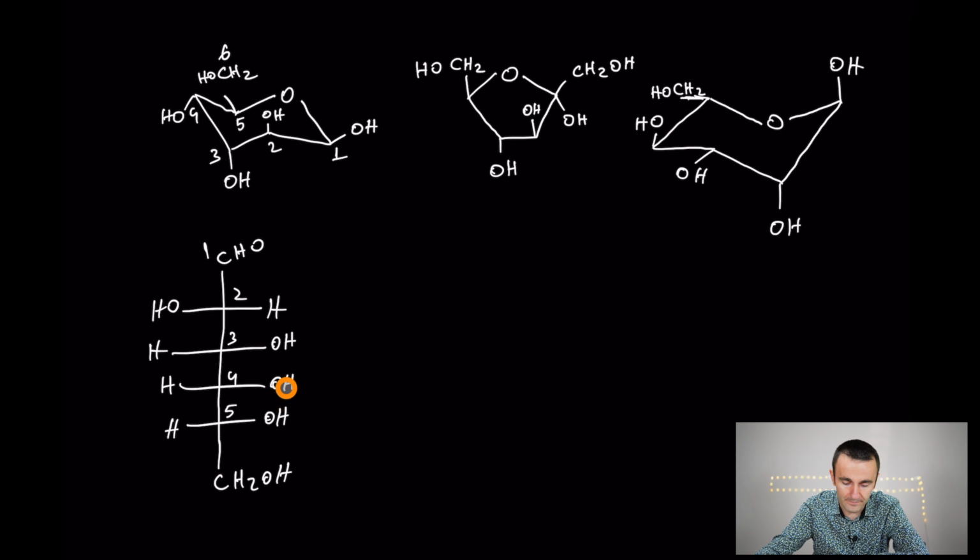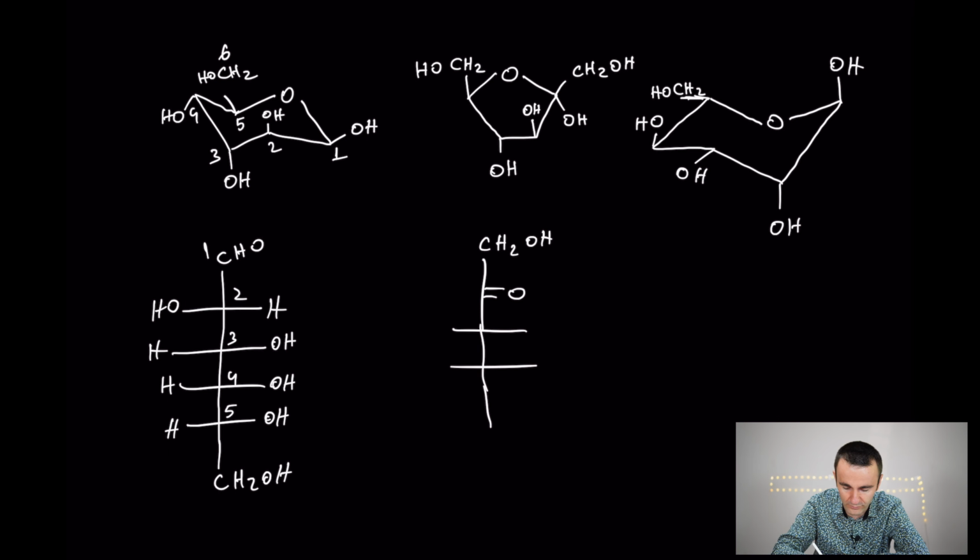Let's move further to this one here. So we understood that it's a ketose, so straight we can write this one, right? Now what we have, 1, 2, 3, 4, 5, and 6th one is going to be this one. Now let's place number 1, 2, 3, 4, 5. Now for these two here,